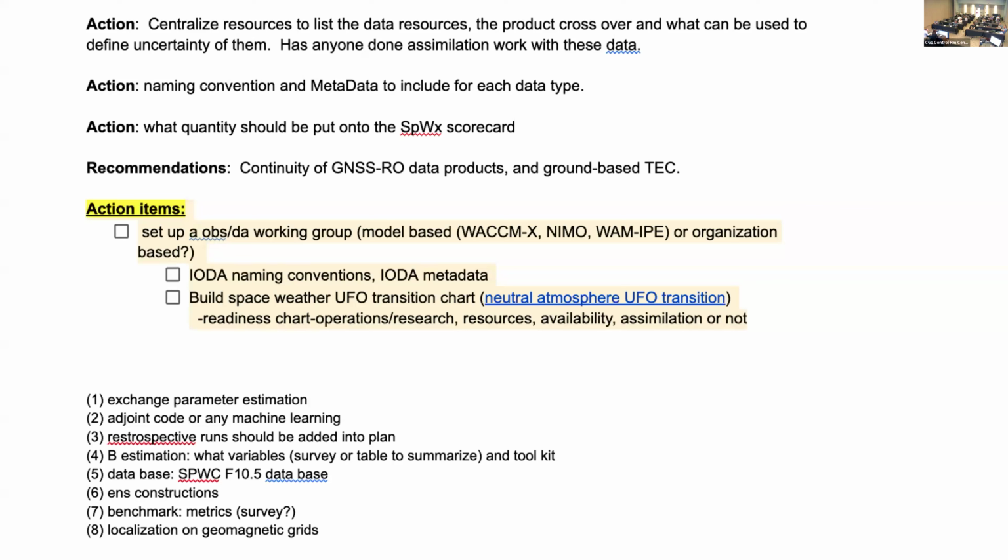Yeah, I think the working group is just sort of to keep an eye on where we want to go, and then they will have to reach out to the people that have those particular observations and the people that are creating the observation operators. It's a group that looks over the whole problem, keeps their eye on it, but then reaches out into the community to get the people necessary in order to put those things together. That's what I was thinking. I don't know.